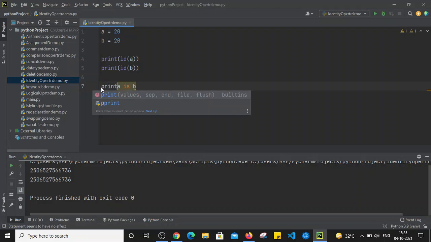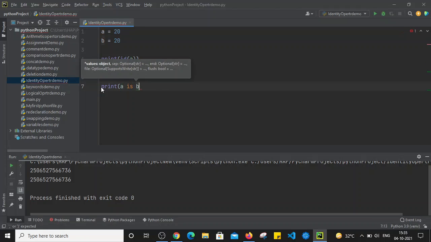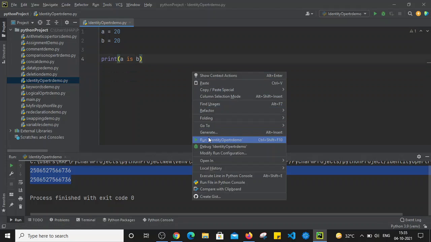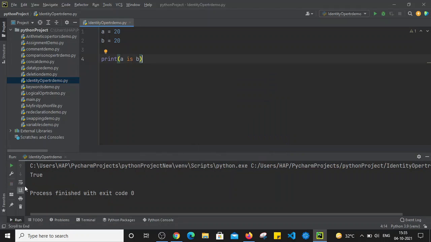In this situation, both the objects, a and b, have identities which are similar to each other. It is the same, so this statement is going to return the value as true. So I'm going to remove this. Now let's run the file and check what it returns. It is returning the value as true because the identity of a and b, or the memory location of a and b, is currently exactly the same.